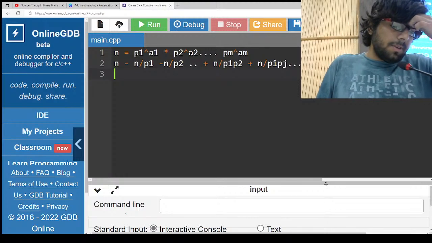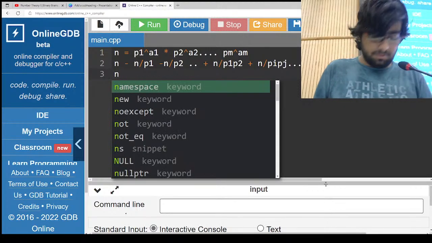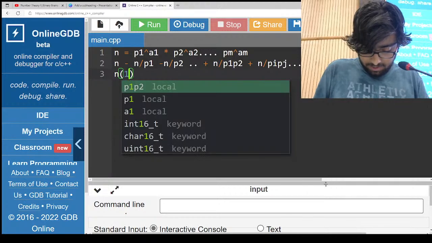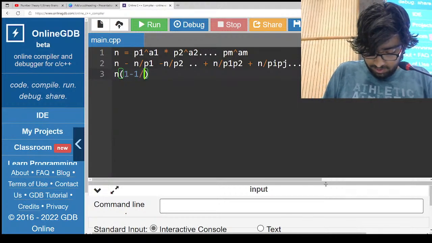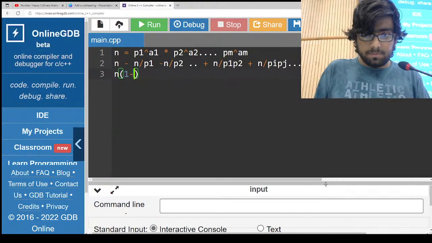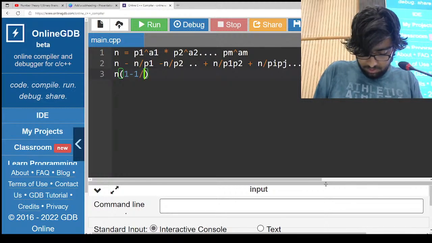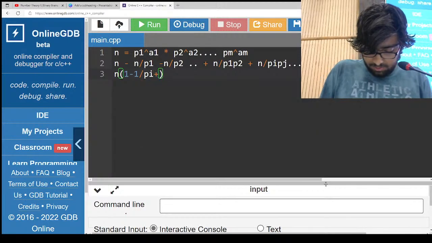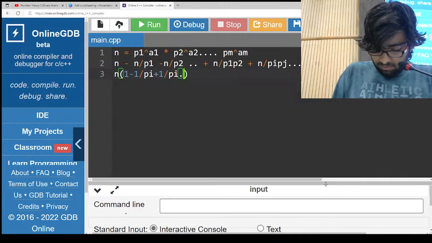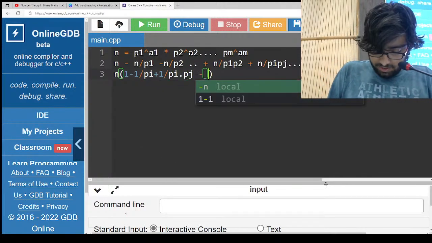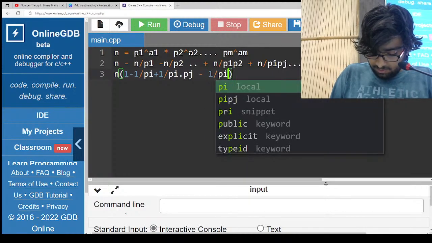Once from this summation, if we take n in common, then it is like 1 minus sigma 1 by pi, plus 1 by pi pj, minus 1 by pi pj pk,